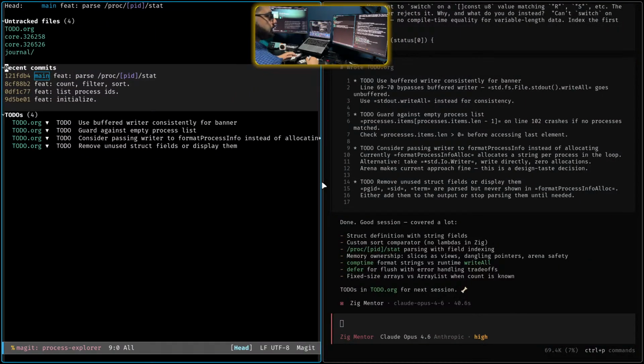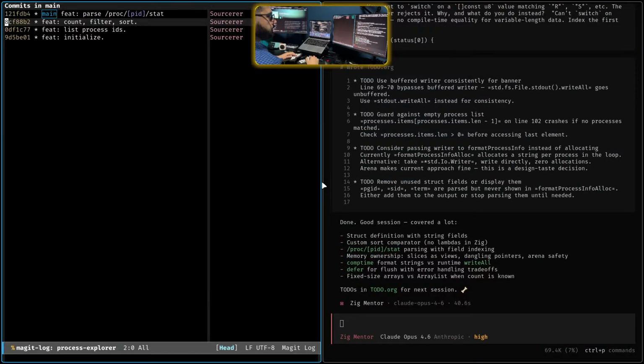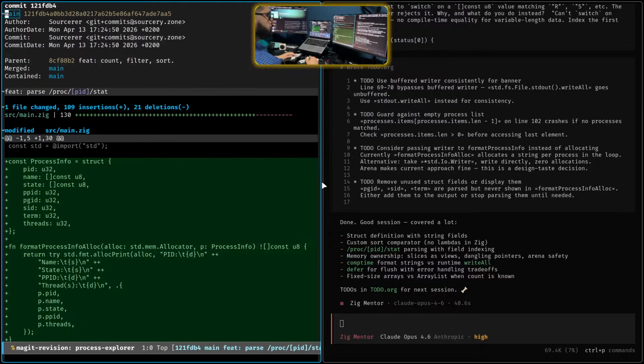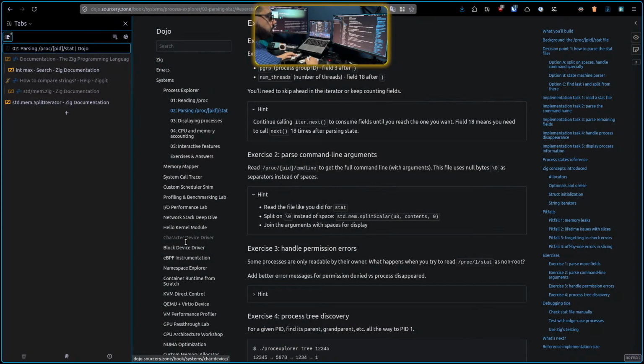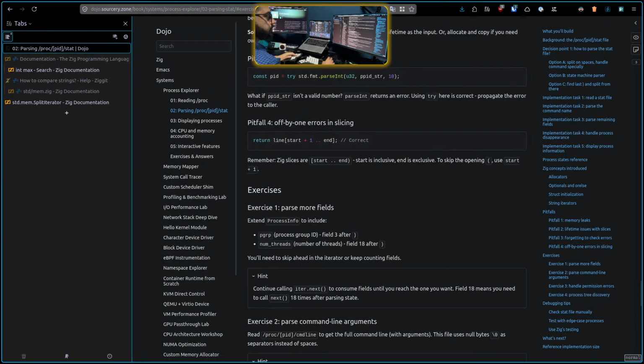So, in the previous session, we did add count, filter, and sort functionalities. And then after that I spent some more time, went through a new section of the tutorial, which was